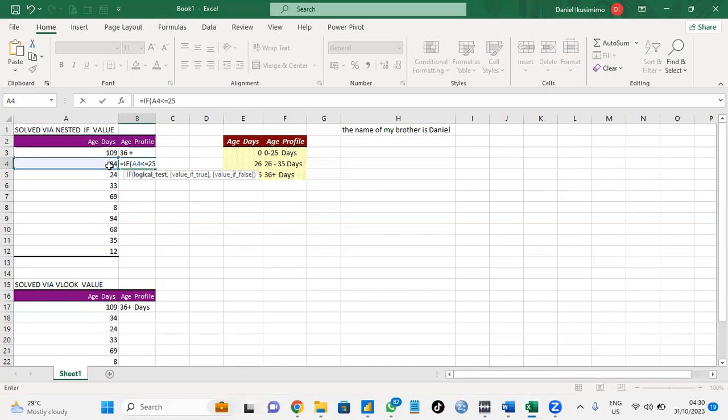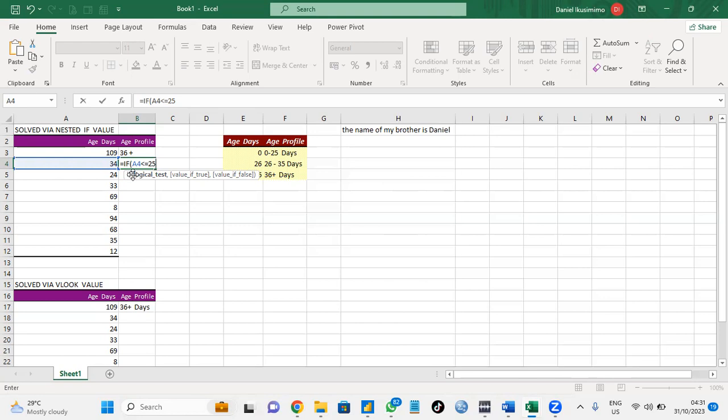I'm still writing my logical statement. This 25, which you see here, I want it to bring back to me 0 to 25 days. So, 0 is on the range of 0 to 25. So, if this value here is in the range of 0 to 25,